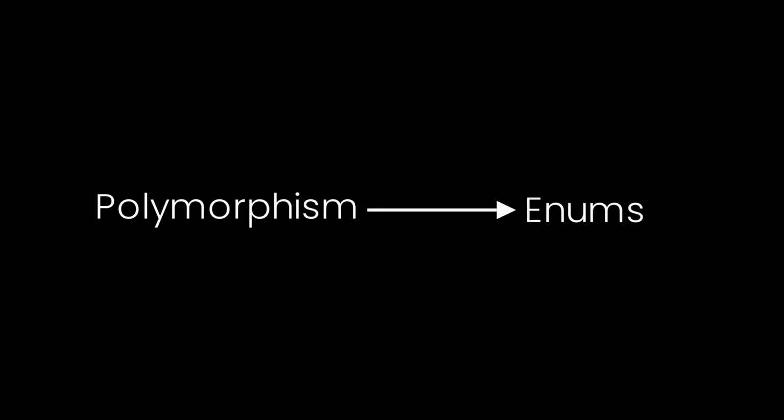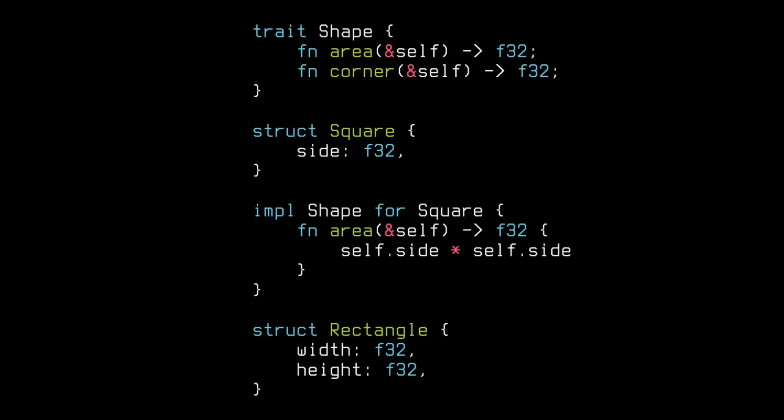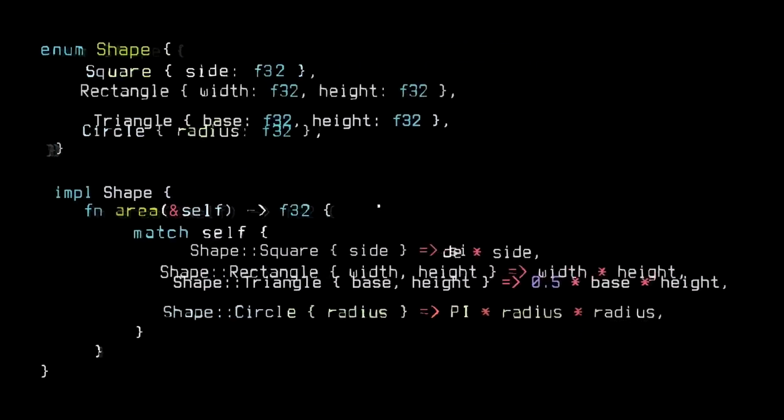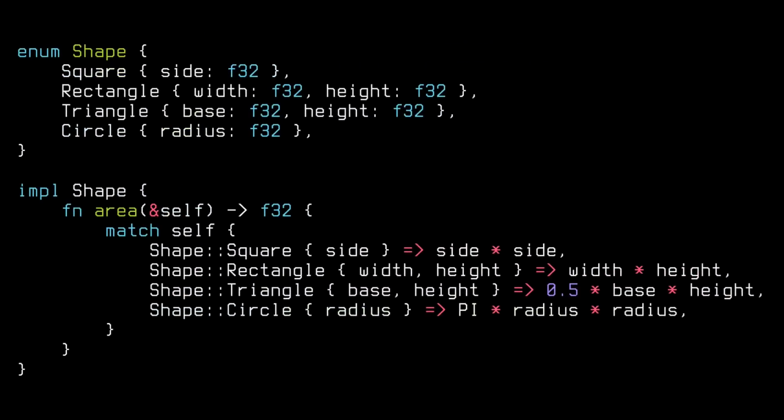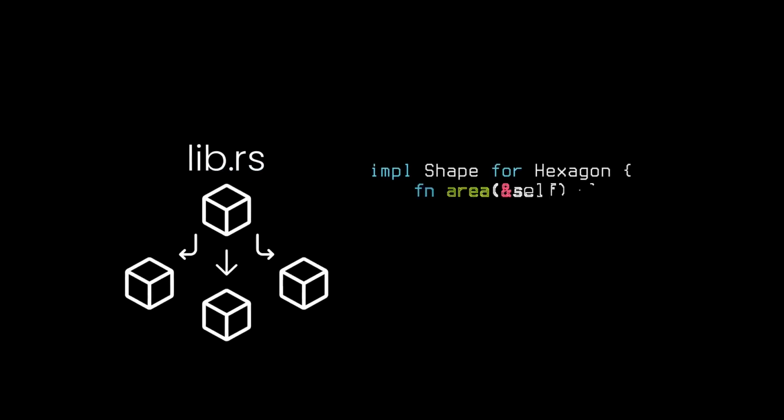Let's break the rule of preferring polymorphic code and replace the trait with the simple yet idiomatic use of enums and match statements. This type of conditional matching is prevalent in Rust code, and you might have even come across this pattern, with the only downside being if your code is a library. In that case, dependents of said library would not be able to implement the shape trait on their custom types, say a hexagon or an octagon.